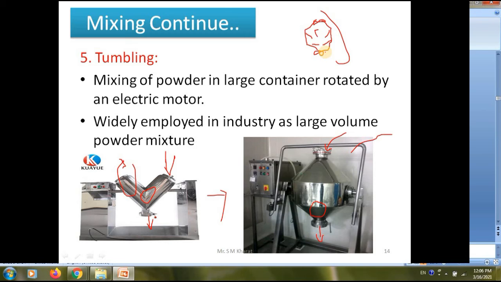Okay, so I can ask these questions in the viva by giving the powder, and I will ask which method or which technique you are going to use for the mixing of the given powder. Okay, so that time you have to choose. I will go for the spatulation, or I will go for the trituration, or I will go for the geometric dilution. Okay, so in this fashion we have to predict the technique for the mixing. Okay, fine.